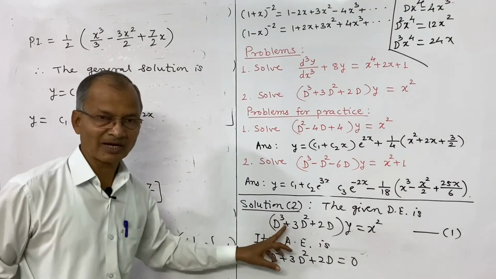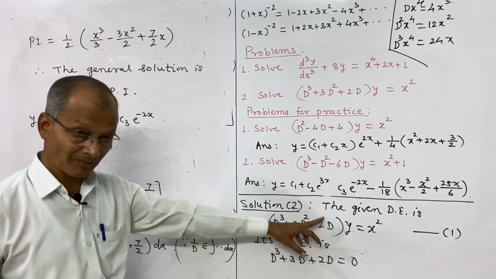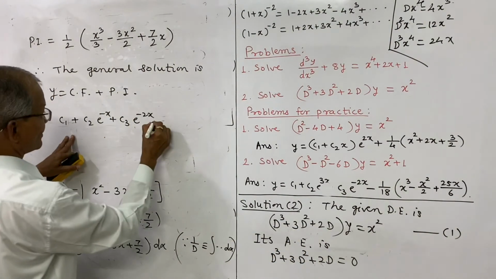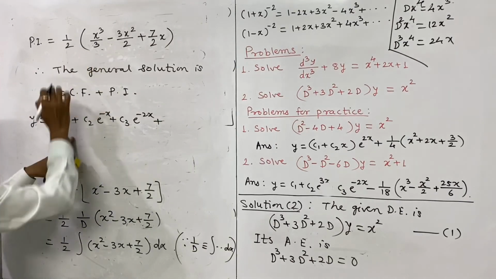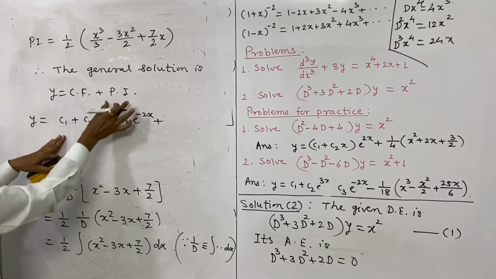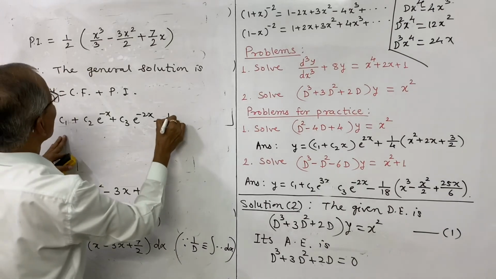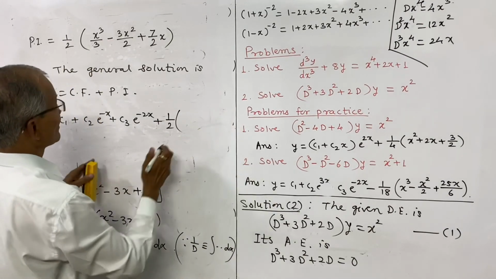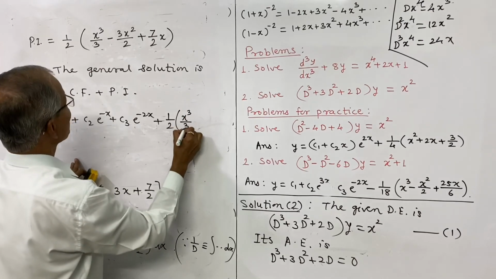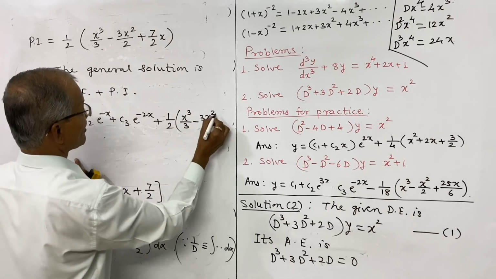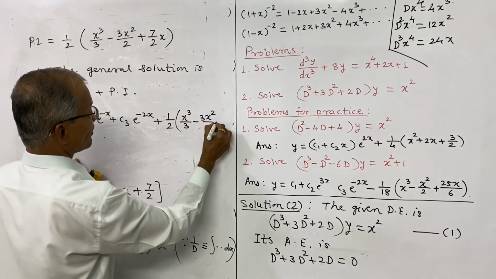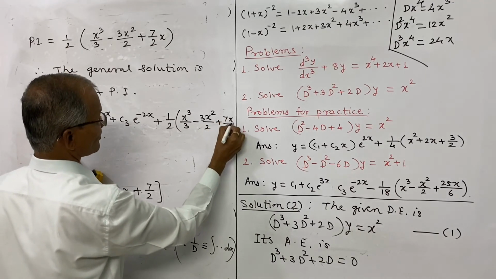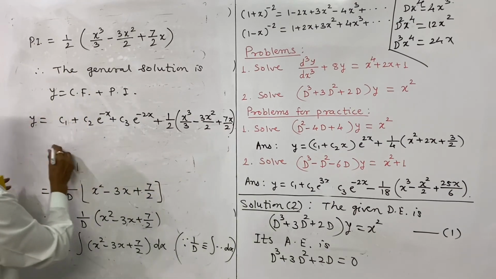The roots we have obtained as 0, 1 and minus 1 and minus 2, and therefore this is the corresponding part of CF. And now PI, this much is CF, PI is 1 by 2 into bracket x cube by 3 minus 3x square by 2 plus 7x by 2. So this is the general solution